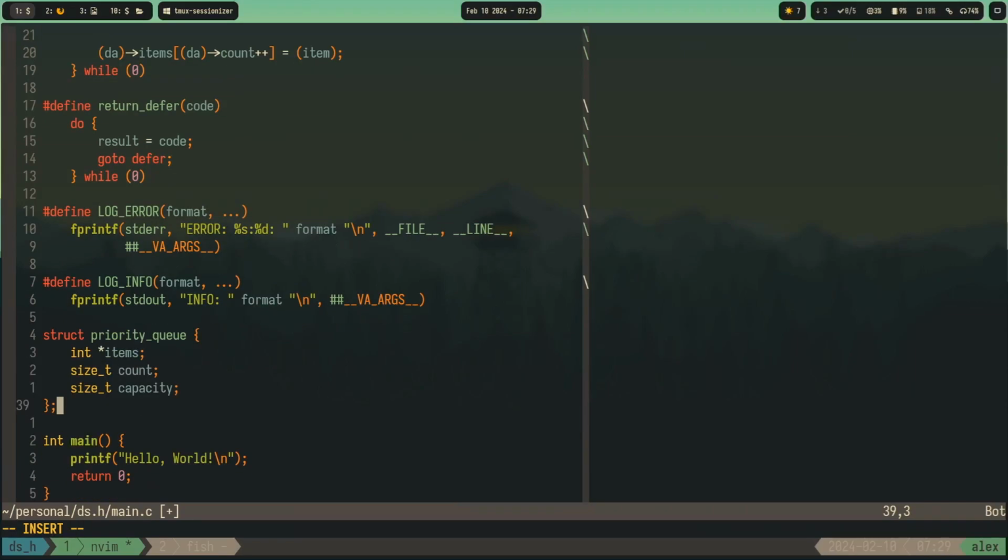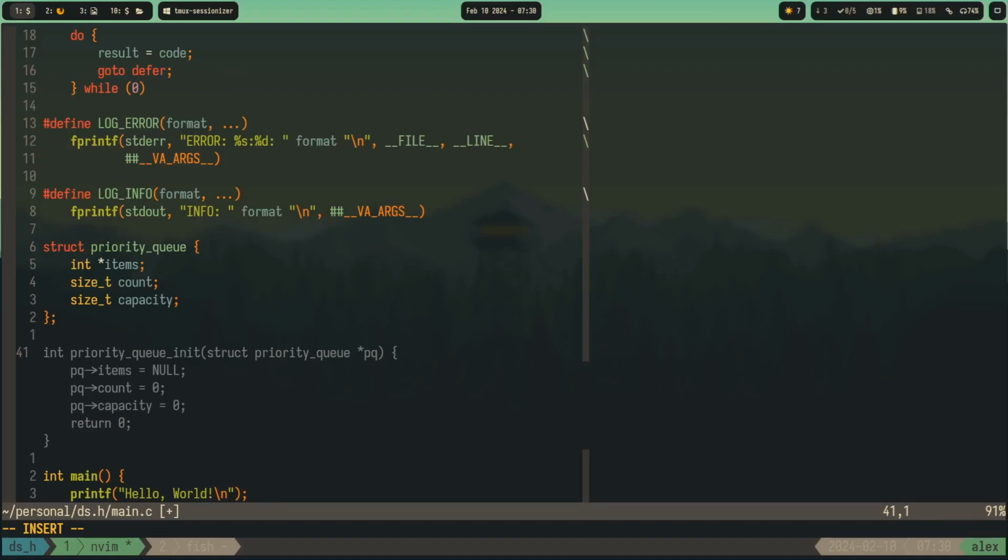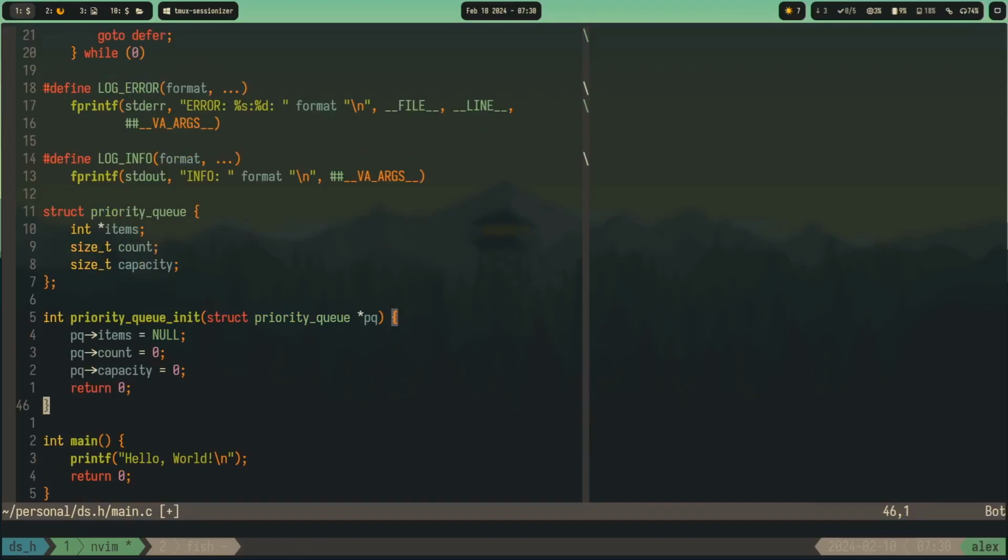Since this implementation will be thrown away when we do the heap, let's just do ints, doesn't matter. So the next step is to have an init for our structure, right? Have the init,